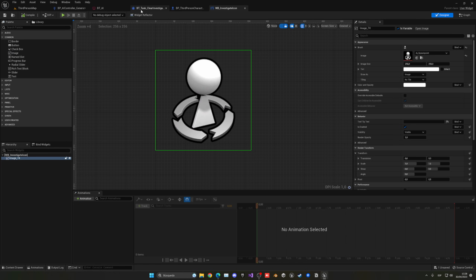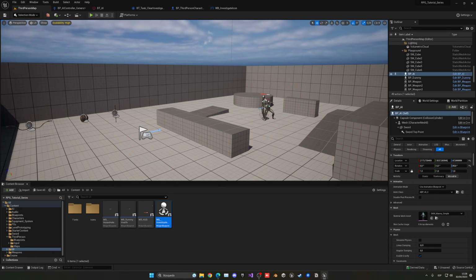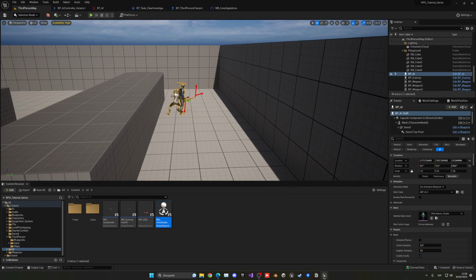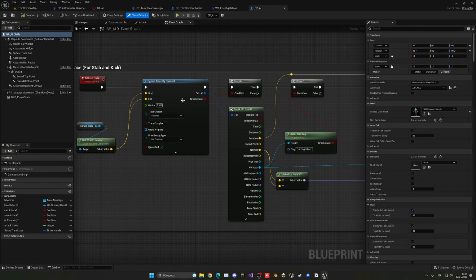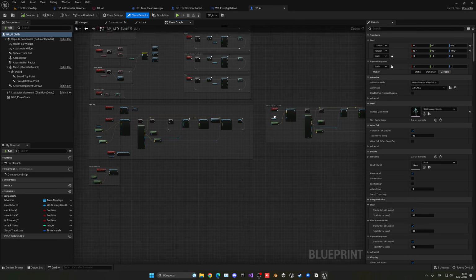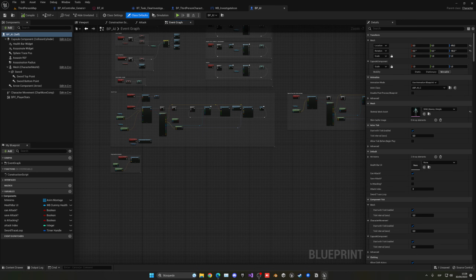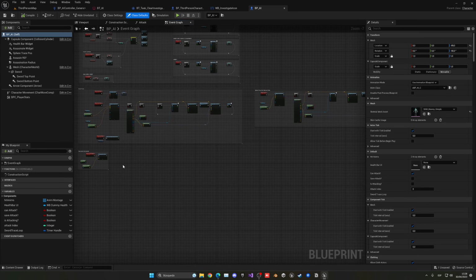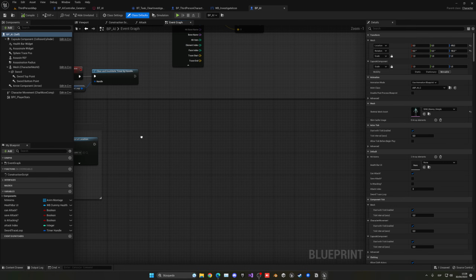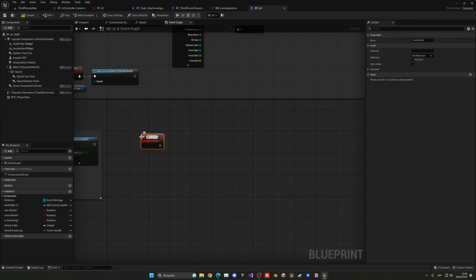So now, let's go into his AI controller. In here, into his blueprint. So Ctrl E, we can open his actor, where he does the attacks and stuff. And what we can do is go ahead and enable that. So basically, we can do a custom event on here called enable